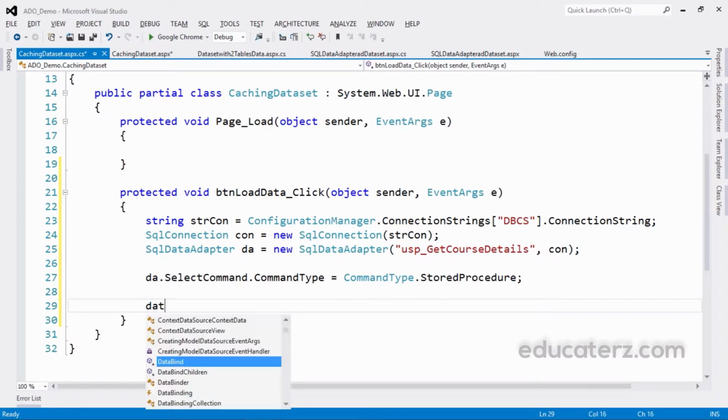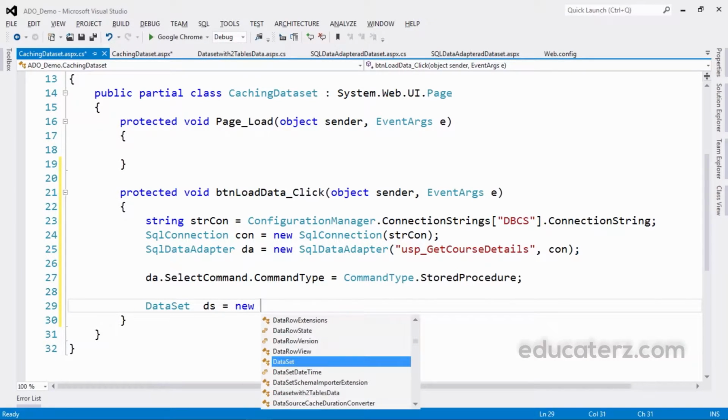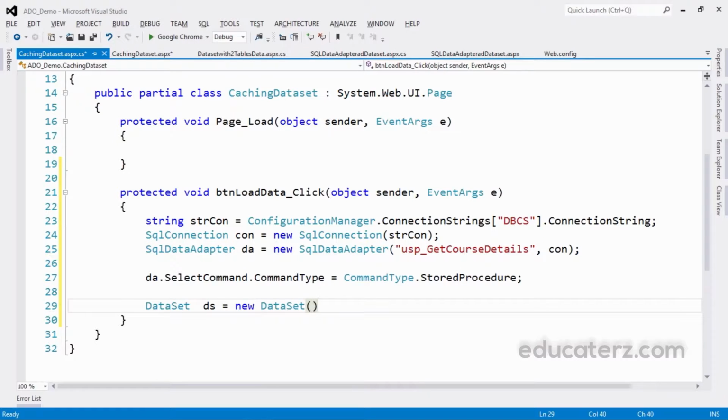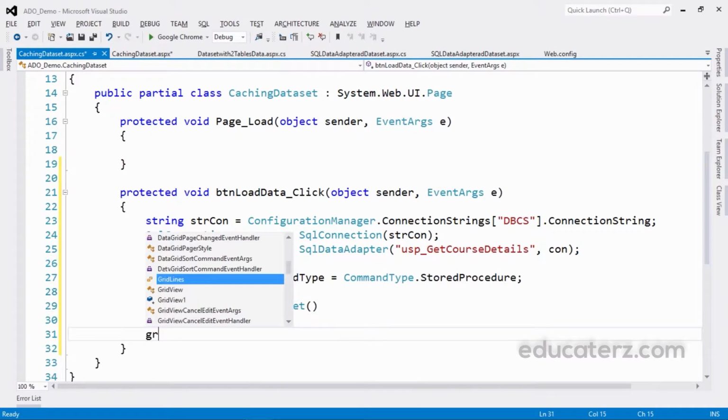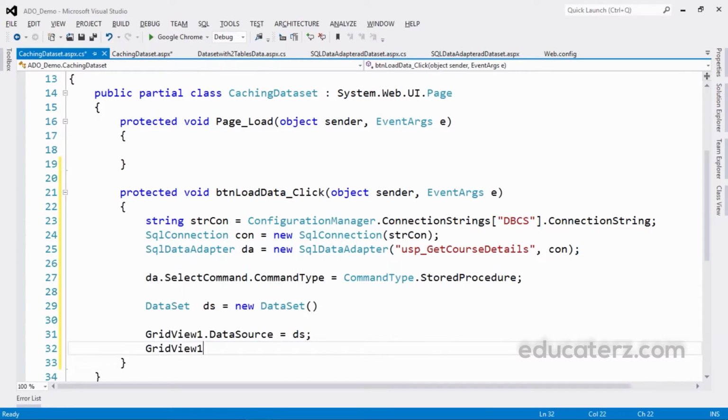Now I'm taking a DataSet, ds equals new DataSet, then gv1.DataSource equal to ds, gv1.DataBind.